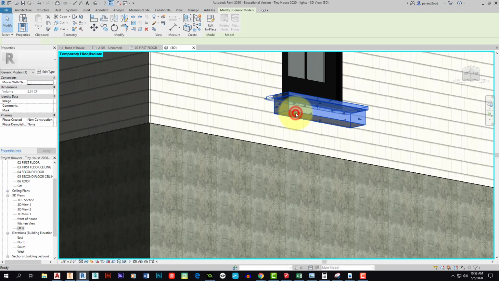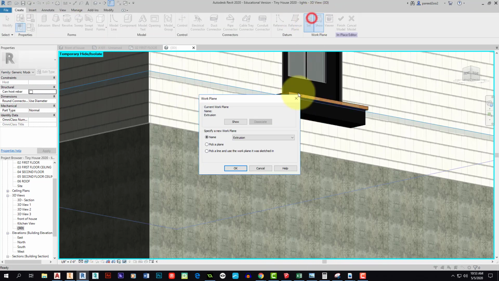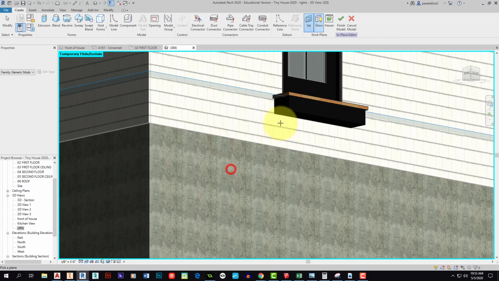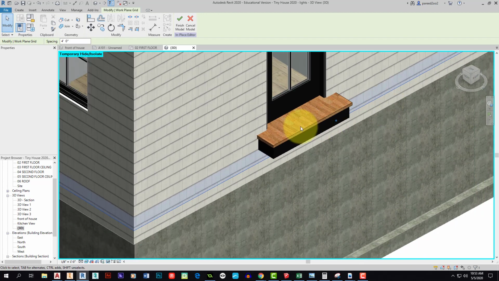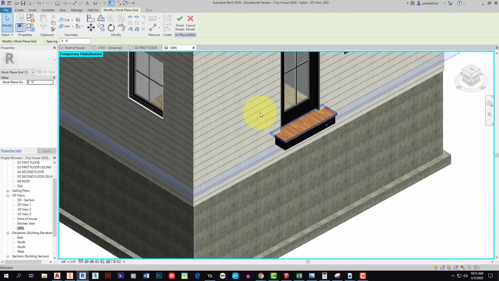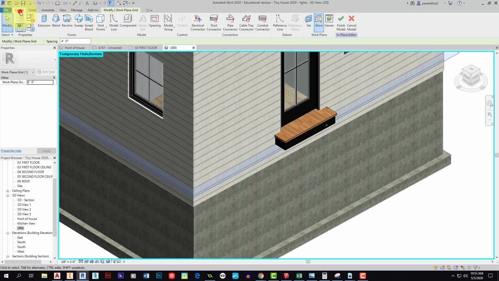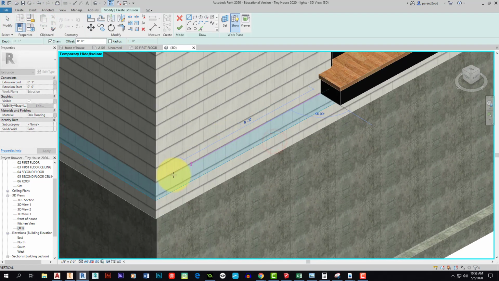So I'm going to go ahead and double click on this again. And I'm going to say set work plane. And this time I'm working backwards, so I'm working on the bottom here, and I'm going to go down. And the reason why we're doing this is so everything lines up with the front door. So then you can actually rotate your view, go to create extrusion, and so I'm making the planks here,